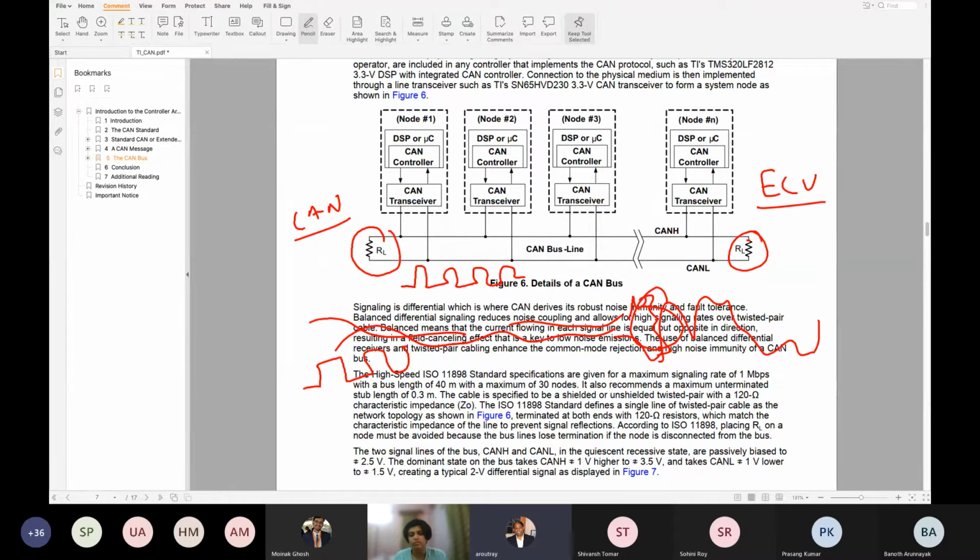Anyway, when you want to have something like a climate control ECU, you have to have a CAN bus interface. Just like your Arduino Uno board doesn't have a USB interface, you have to have a special USB chip. You can switch off your video. So similarly, you put a homework for yourself. I am putting one. That is to find out the chips, microcontrollers, etc., which have a CAN bus controller.